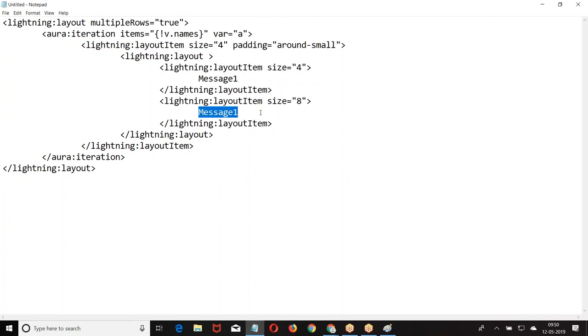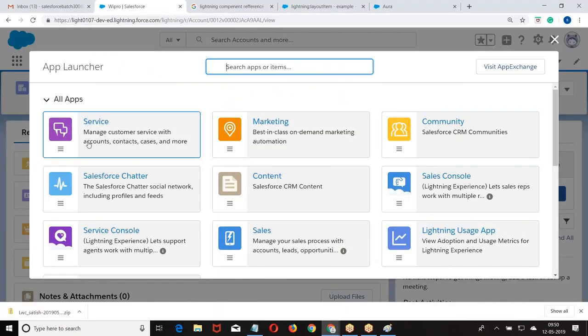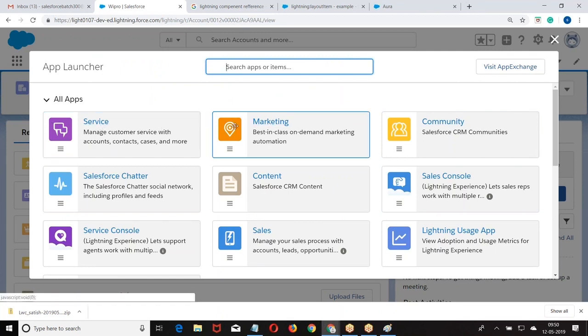Right now we can create the block structure. You can try out this structure, a combination of iteration and lightning layout. Try to achieve this structure. You will not be getting the same; the only thing I am giving is service, service, service, service. Same message printed twice. Like that, A, A, B, B, C, C, D, D, we will be getting a message.